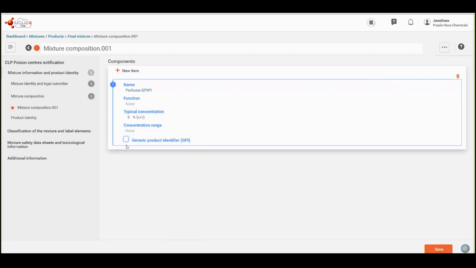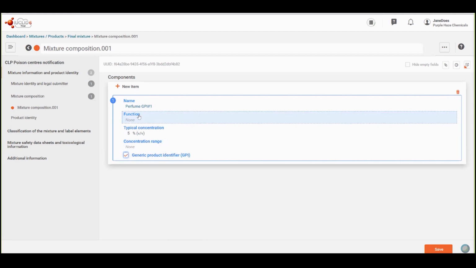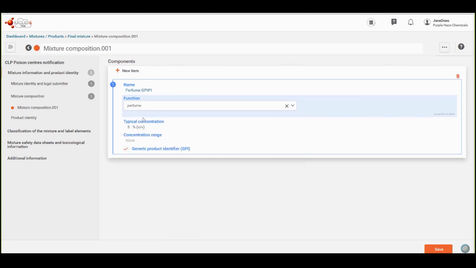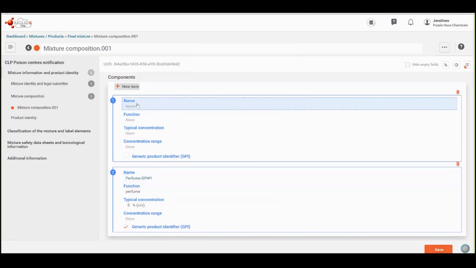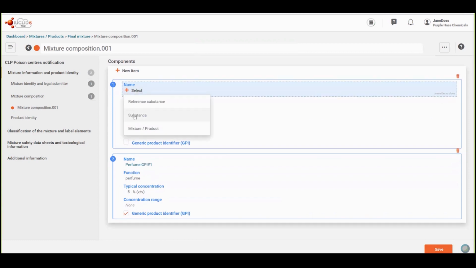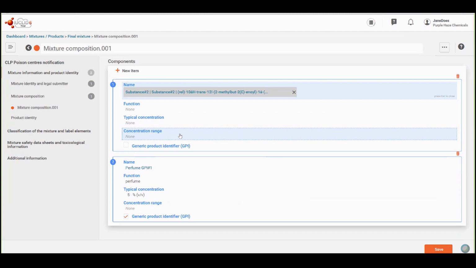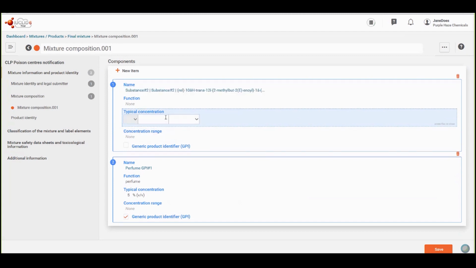I tick the GPI checkbox, and because it is a GPI, function has now become mandatory to provide. Of course, only perfumes and colorants are permitted for GPI components. I save, and then I perform the same actions for substance number 2. I select substance and substance number 2 from the list. I provide a concentration, and as it is not a GPI, I do not need to provide a function. I save,